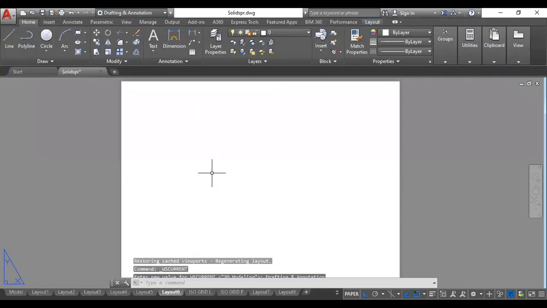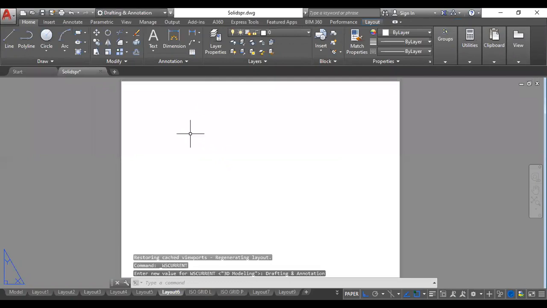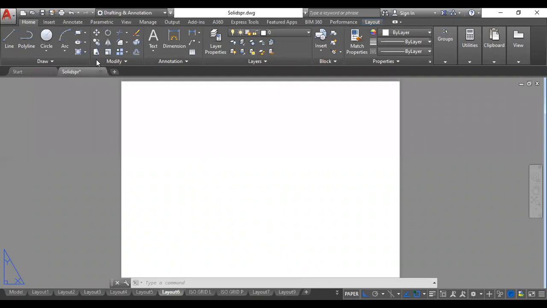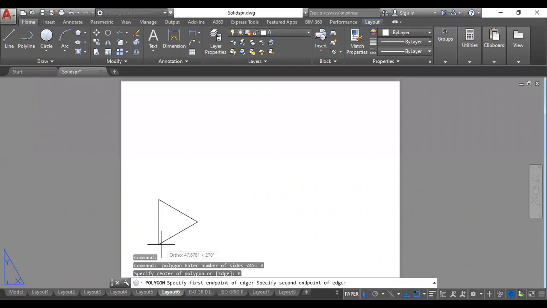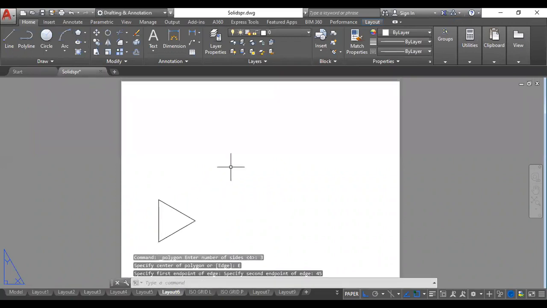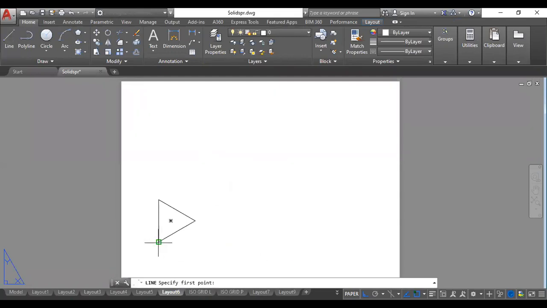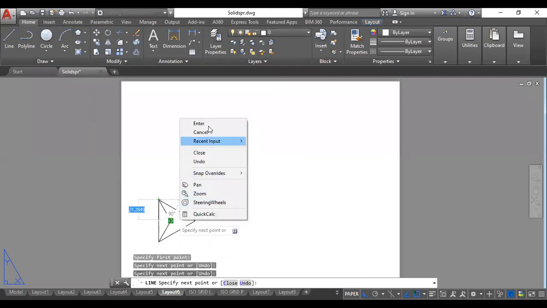This you have to do on your normal grid sheet, not an isometric sheet, because I'm drawing it to the true length. So I'll take the polygon option, number of sides 3, and edge length 45. So I'm going to draw a triangle of 45 edge length. To this, I will find the midpoint of the triangle. So you can see this is the midpoint. Then I will join all the corners to the apex.